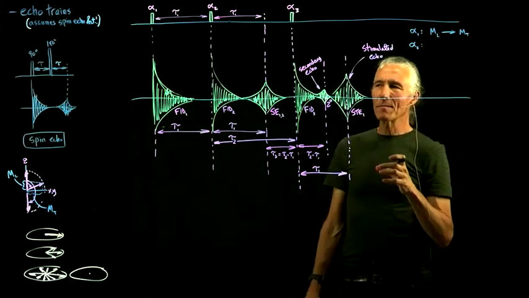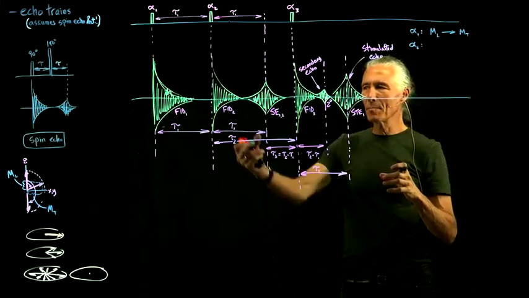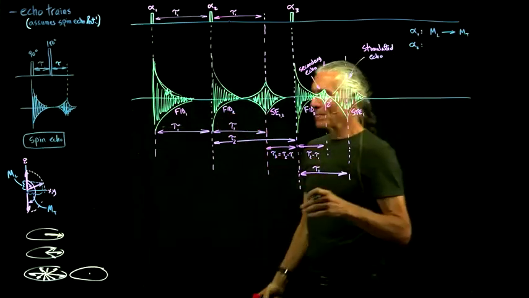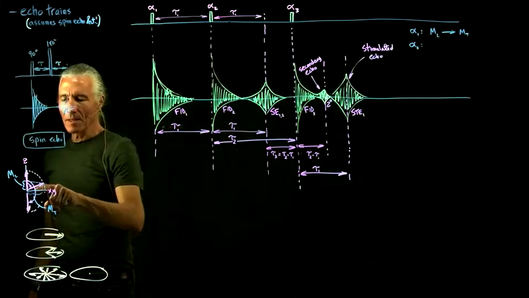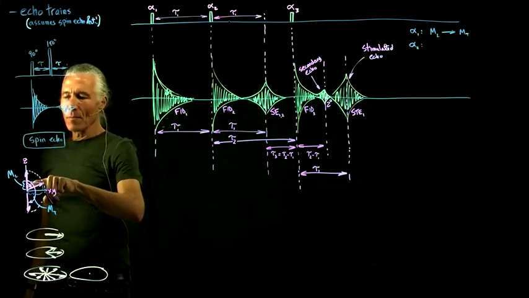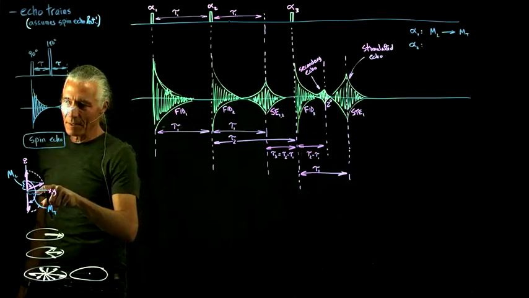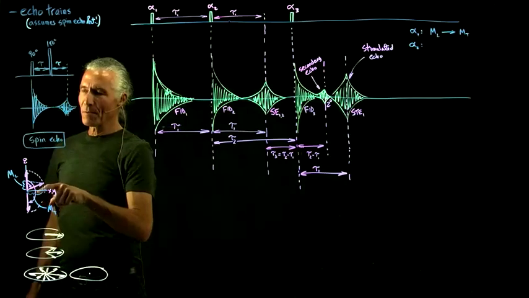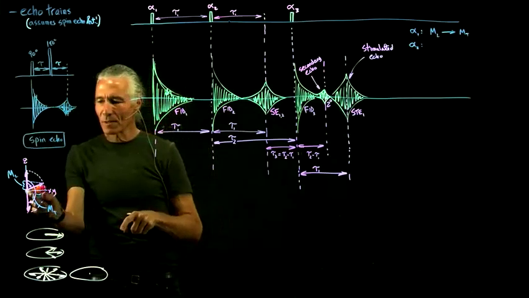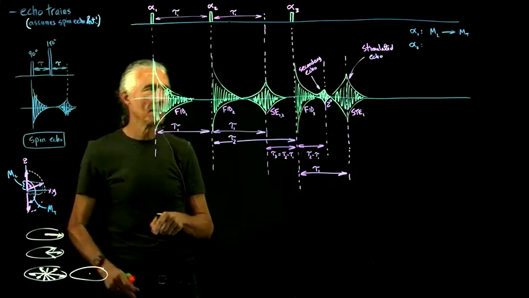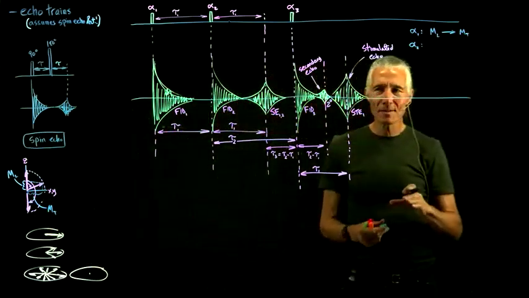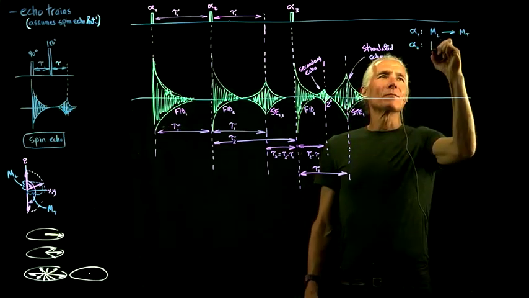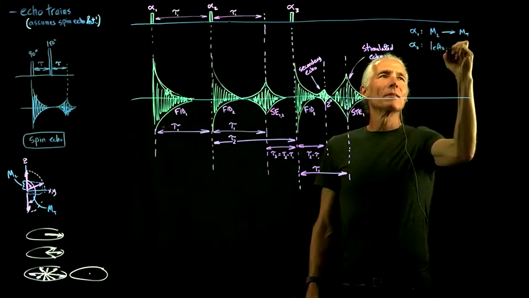And you can sort of think of that second pulse as turning some remaining longitudinal into transverse, but then you can also think of it as turning some of the transverse into longitudinal. So it sort of does both things. And so we'll say leftover